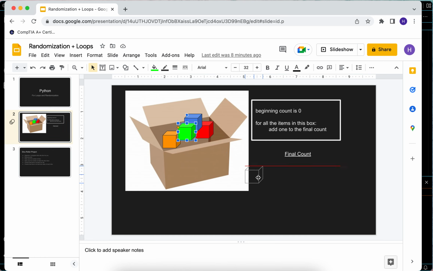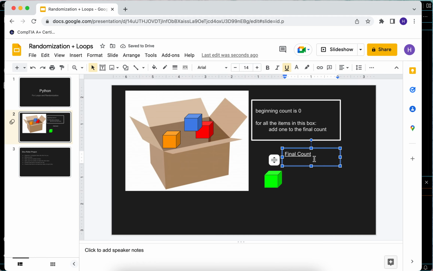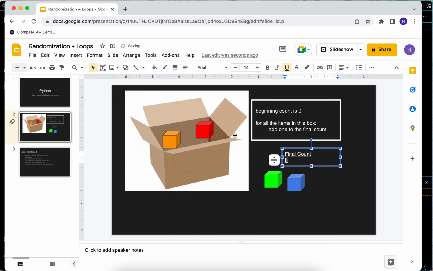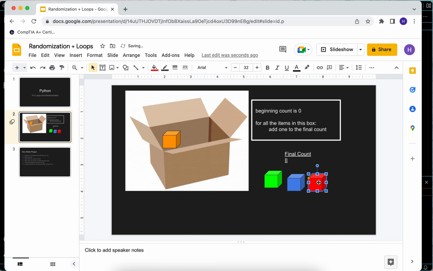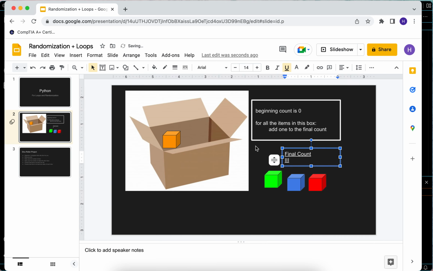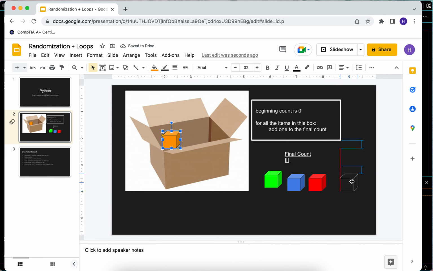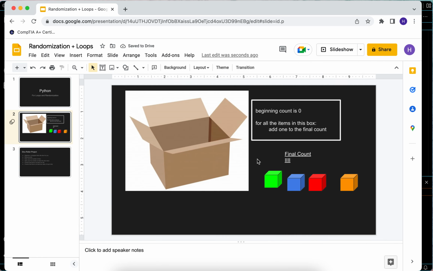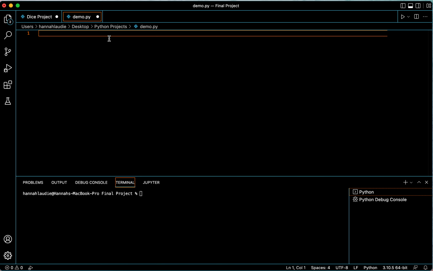So we'll take 1 out, and then we're going to move through that for loop and add 1 to the final count. So we'll make a tally here, and then we'll pull another 1 out, and that will put us through the for loop again, and then add another to the final count, and then another, and then the last one. So we went through this for loop 4 times, which added up all of these, and it would make our final count 4. So this in code would be